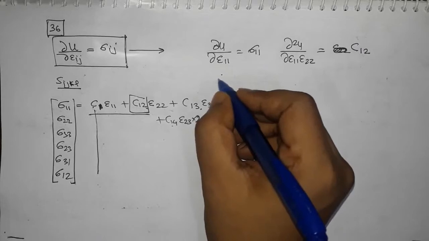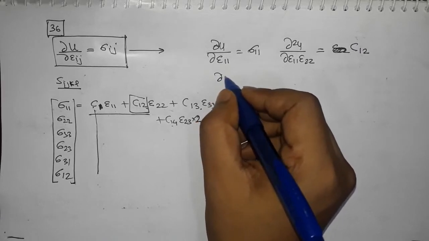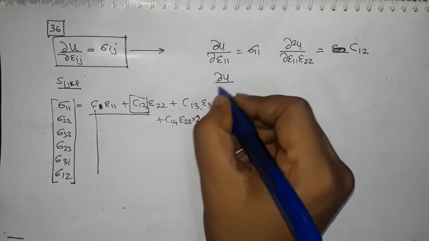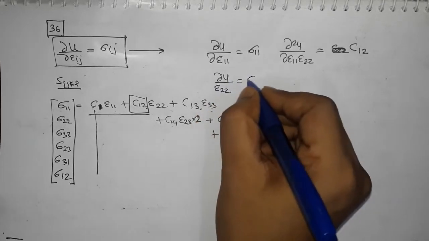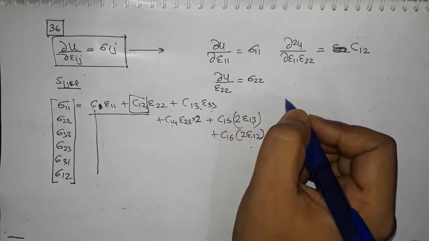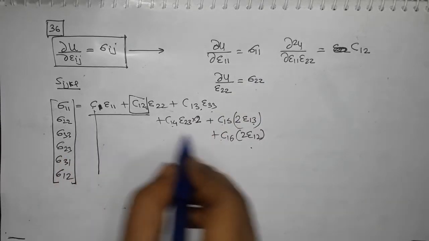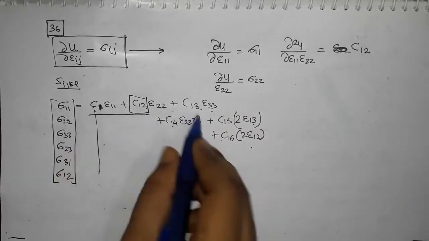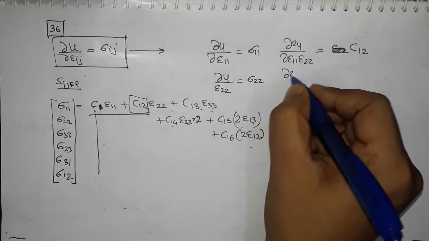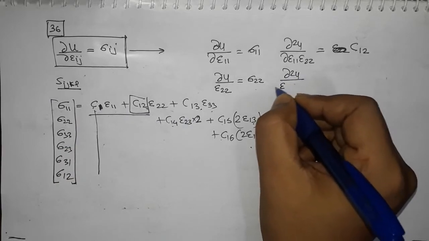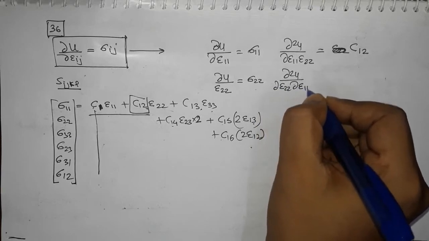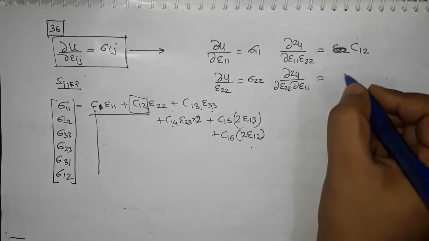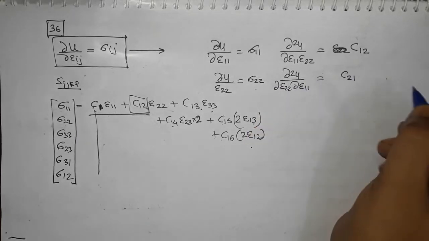And then if you do the first derivative with respect to epsilon 2 2, what will you get? Sigma 2 2. Okay, and sigma 2 2, now you can write the expression for that one similar to this one, and if you do double derivative of that, del epsilon 2 2 del epsilon with respect to 1 1, what will you get? You will get C21,